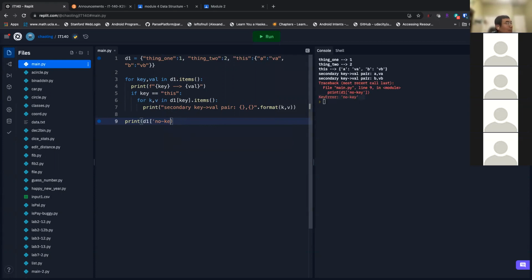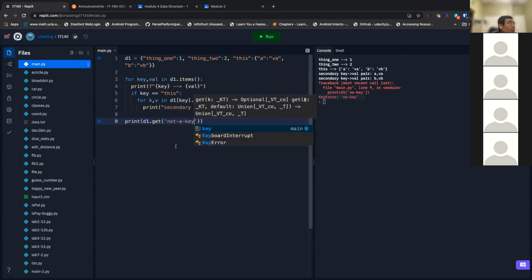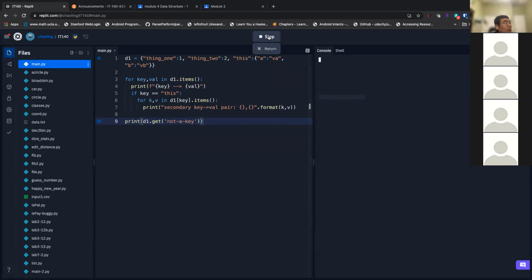However, if you use the get method, dot get, no key, not a key, you will not get a key error. It will silently return a None, as if nothing happened.